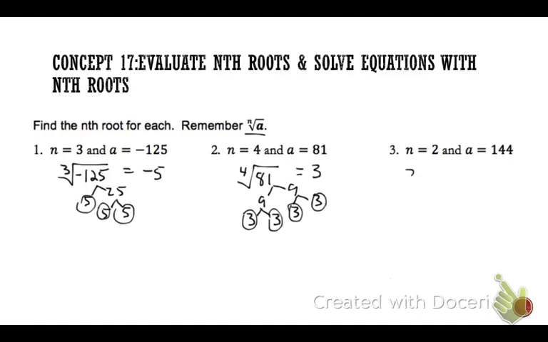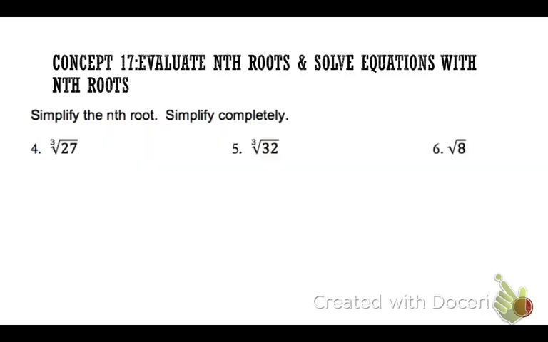And then the second, or the square root, of 144 equals 12. We're continuing to just simplify nth roots. So the third root of 27,